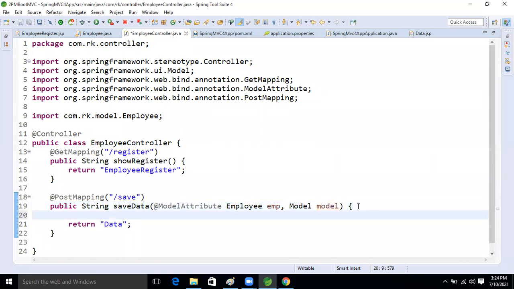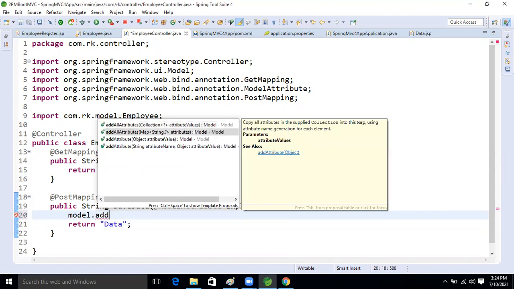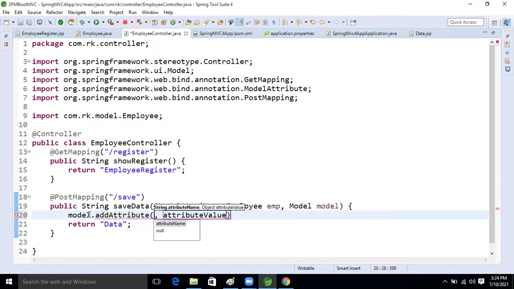Okay, good. So next, if we want to send this employee data to the data page, what we will do now? We will take the model.addAttribute method.